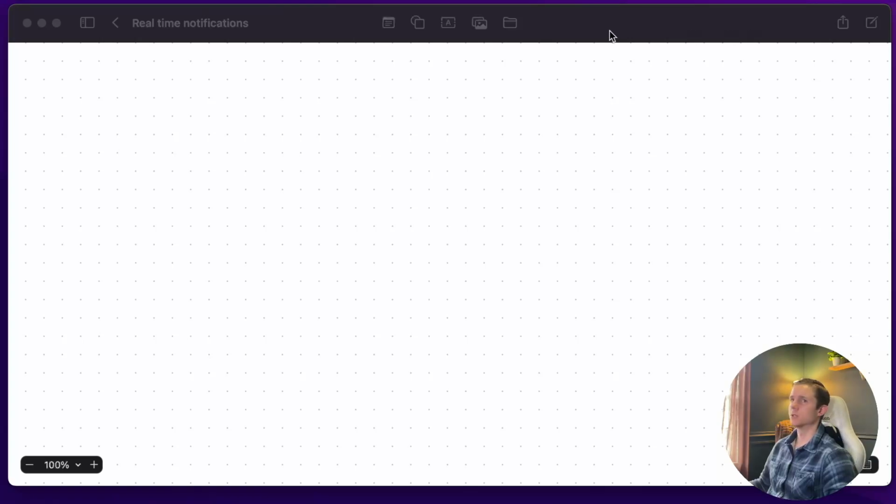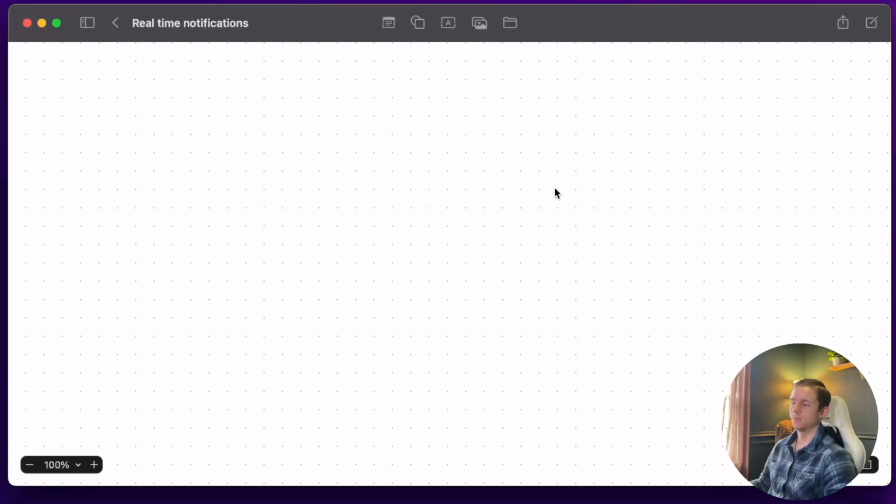So the problem for today is we need to design a back-end system as well as a front-end application that is able to display real-time notifications. So the problem is, how do we allow the front end to continue as normal while providing updates from the back end? So what we're going to do is,